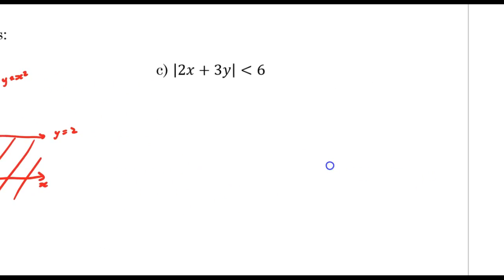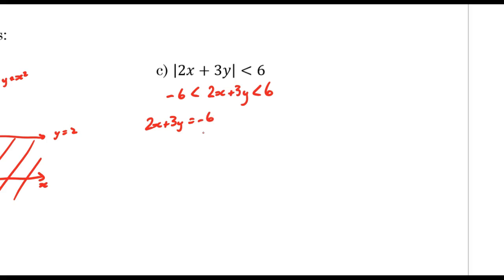This one here is a little different. An absolute value is less than 6. Now remember the magnitude of this is less than 6, so I can write it like this. I can say negative 6 is less than 2x plus 3y is less than 6. Now, if I sketch 2x plus 3y equals negative 6,